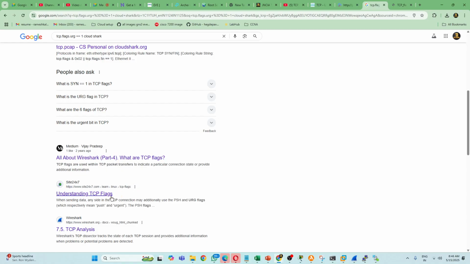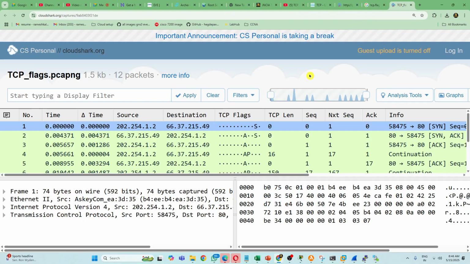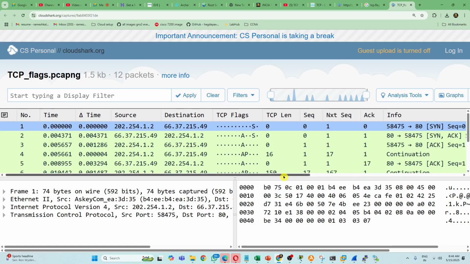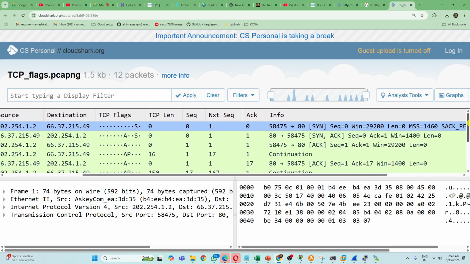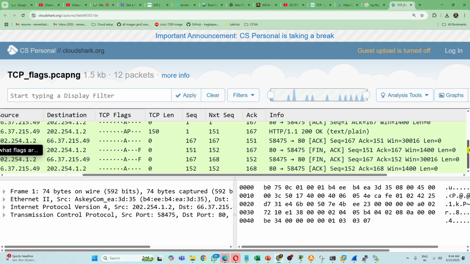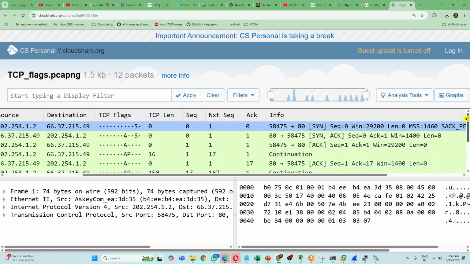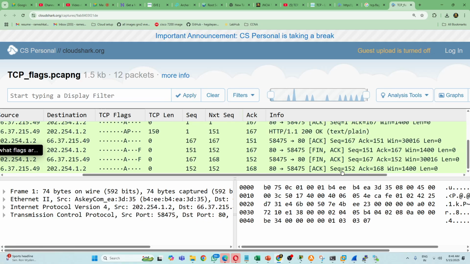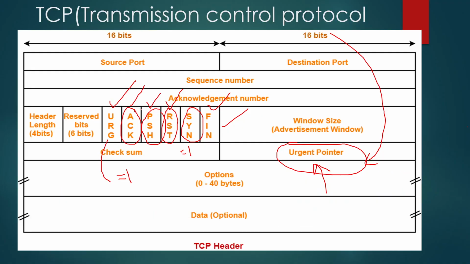Does anyone have any questions about these flags? These flags are very important. They will ask you in interviews. I showed you each and everything practically except the URG flag. I didn't show that because I don't have an FTP server to show. That's the reason. Okay, so that is about TCP. If you see the TCP header, you have learned all the flags.